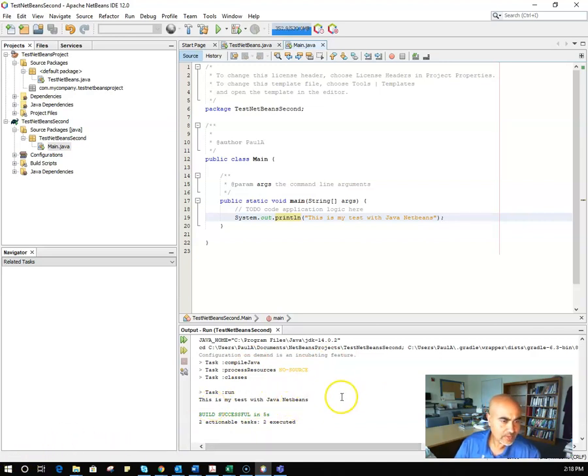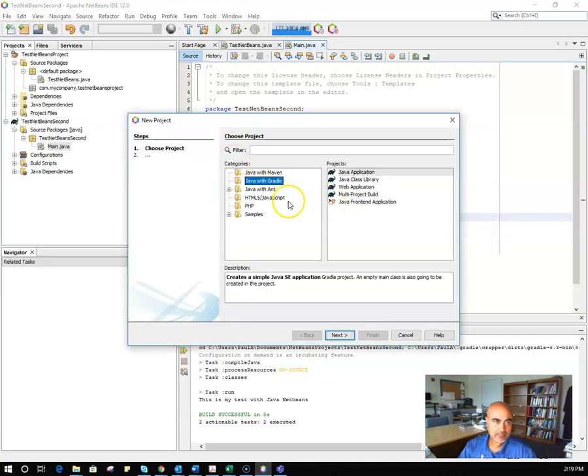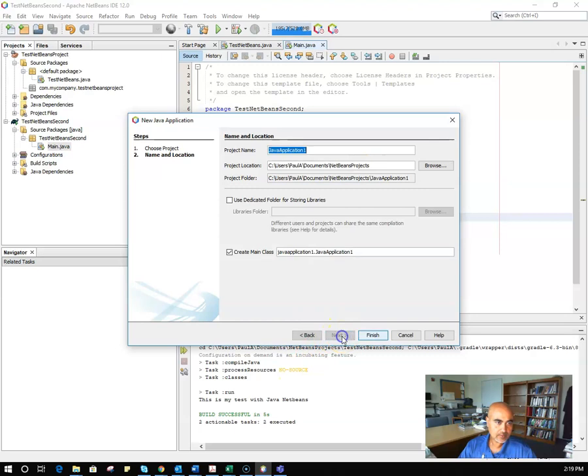So let's now try the last option of NetBeans. So I'm going to again go back and create a new project, and this time I'm going to try the Java with Ant. So I tried it with the Maven. That was my NetBeans first project. This was my second project, and this was my Ant. Same thing, Java application, and I'm going to go ahead and click next. And in this one, it gives me this option of creating main class. This is my project name, and I can call it again